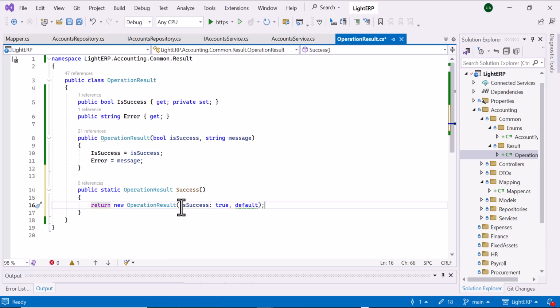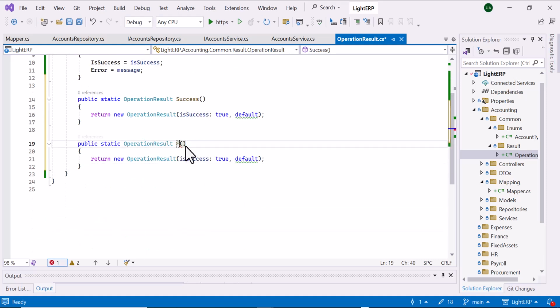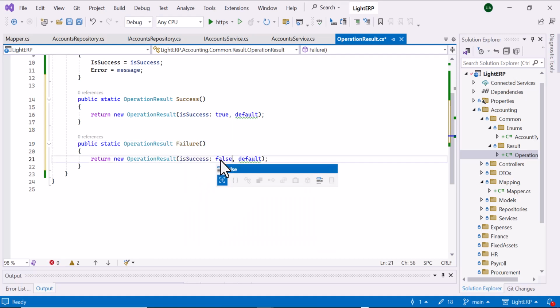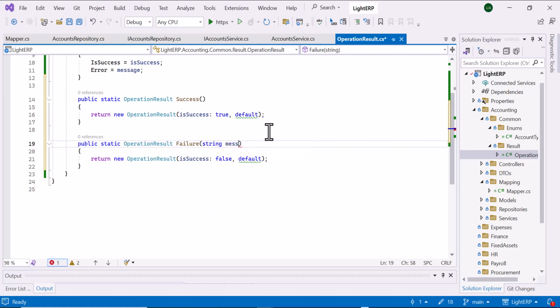And when it's failure, it's returning failure, and this should be false, and in this case there should be string and message, right? And this should be the error message. Well, let's see it, error message,